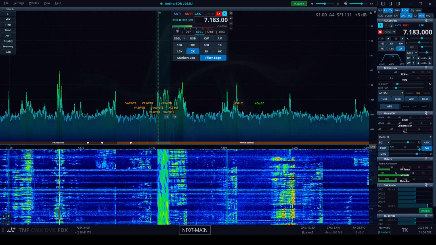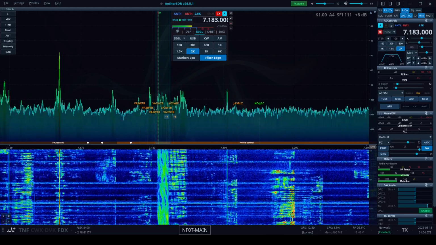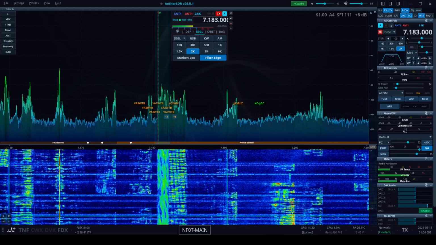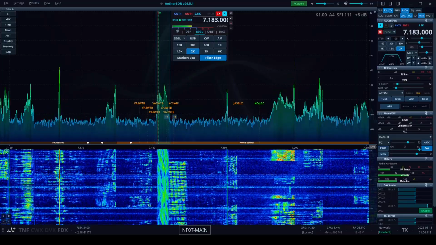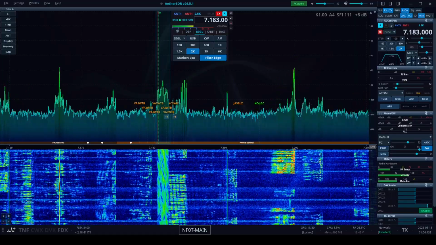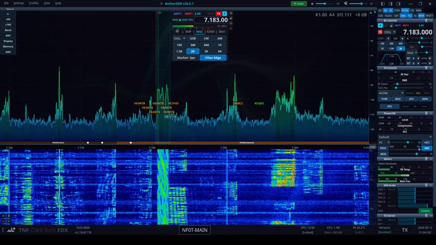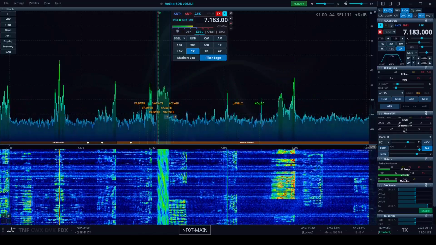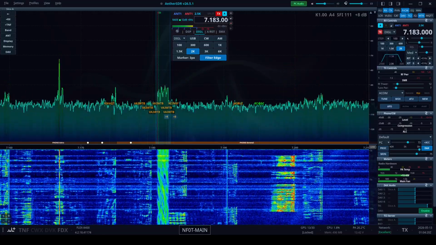The RADE indicator is present, showing that the mode is engaged. We have a live signal to noise ratio reading in decibels, and a frequency offset indicator is displayed showing how close our receiver is to the transmitting station. Because all of these elements are aligned, the software is successfully decoding the transmission, and you can clearly hear Dusty's